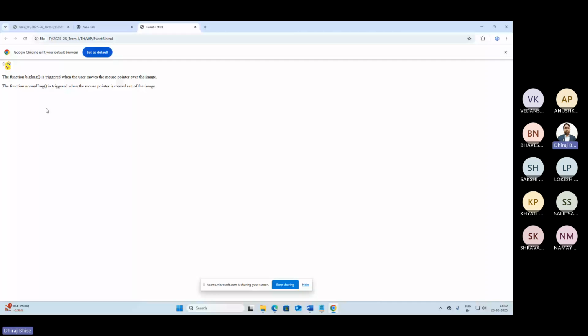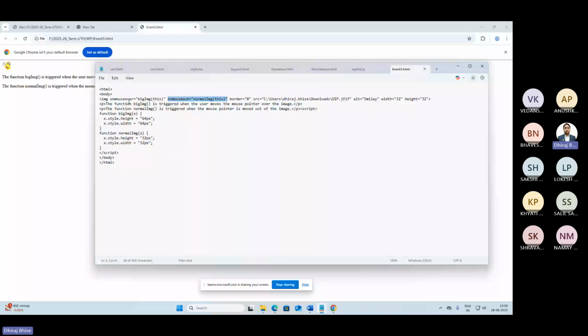Look at here. Image on mouse over equals to bigImage(this). So what is this bigImage? So this is the function that we have prepared. क्या function prepared किया हमने? Again it is to which tag? Script tag. जब भी हमने कोई स्क्रिप्ट डिजाइन करनी है तो हमें कौन सा टैग यूज करना होगा? स्क्रिप्ट।